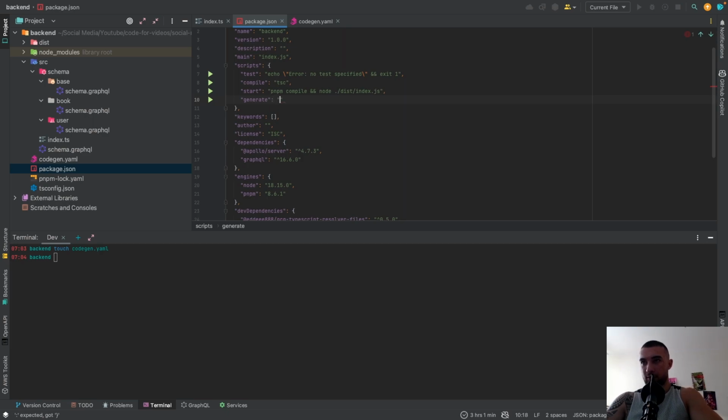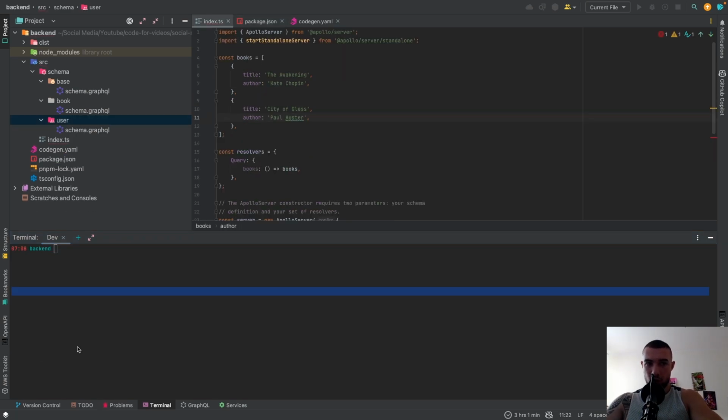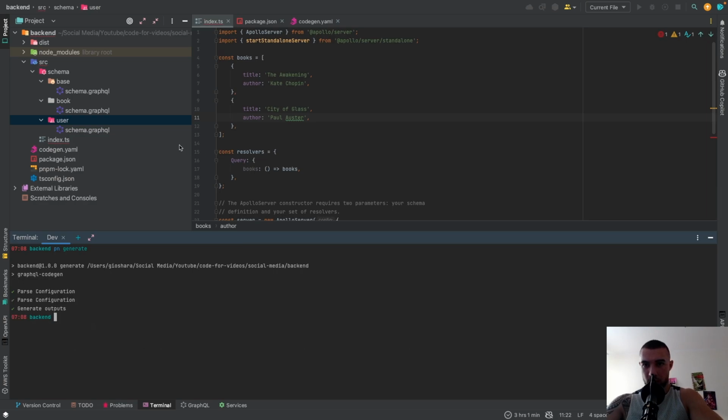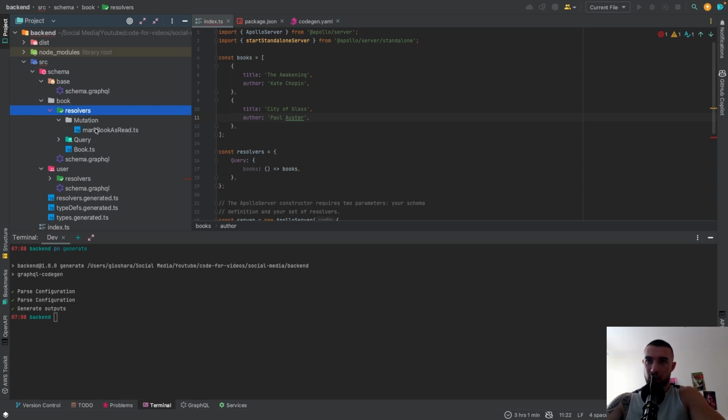I can't spell. And here you'll say GraphQL codegen, and this is going to execute the GraphQL codegen command and eventually create your resolvers and create types. Alright, now watch closely what will happen if I run pnpm generate. It generates parse configuration and generates output. Then it created at the book level resolvers, and in resolvers you have one mutation folder, which is, if we